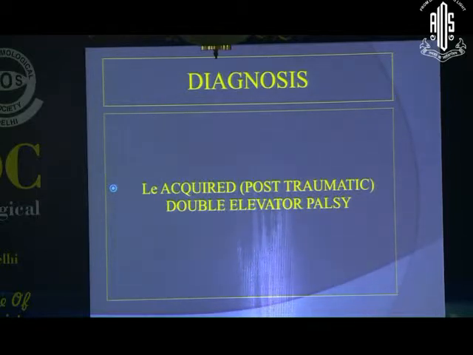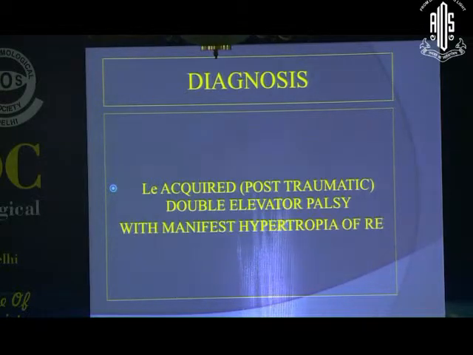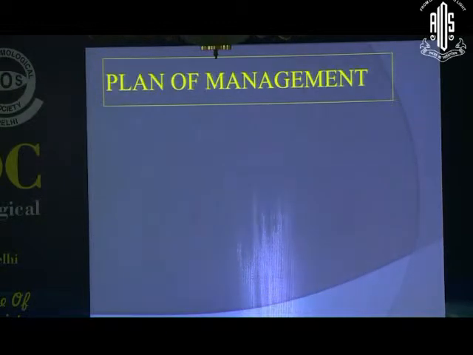Now, why is this a patient of left eye double elevator palsy who manifested with hypertropia of the right eye? The reason was that the patient was having 6/18 vision in the right eye, and she was fixing with the paralytic eye. So the manifest deviation in the right eye was because of the fixation with the paralytic eye. So in this case, we managed to do the surgery on the right eye. We have to do this since there is a manifest hypertropia for a long time in the right eye.